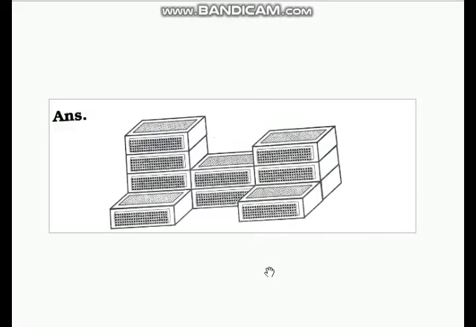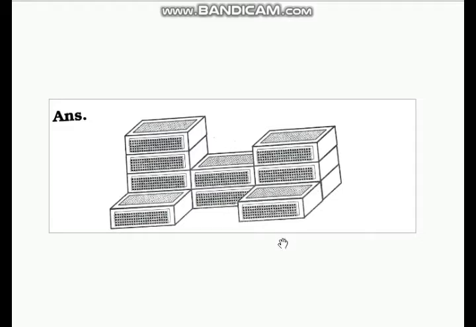And children, here you can see the deep drawing of the model of the matchbox. From the top it will look like this, only this top part we can see, 1, 2 and 3 matchbox. Then from the front view, you can see here 1, 2, 3, 4 matchbox, and only this part we can see here.